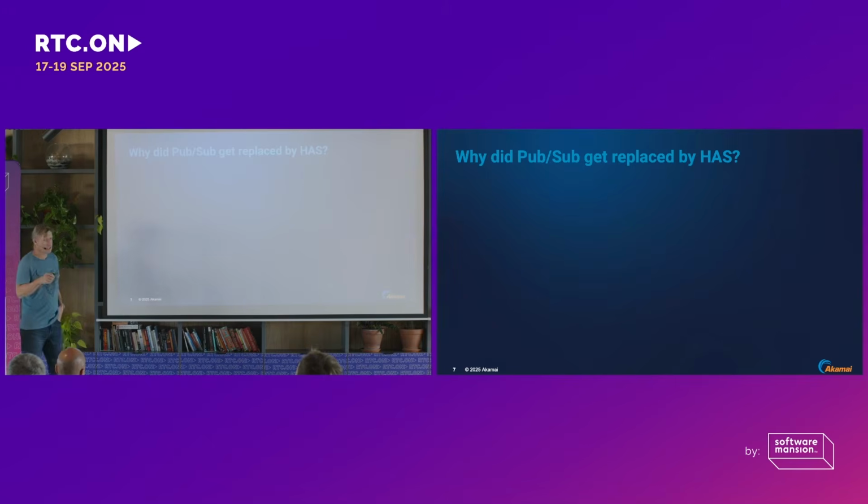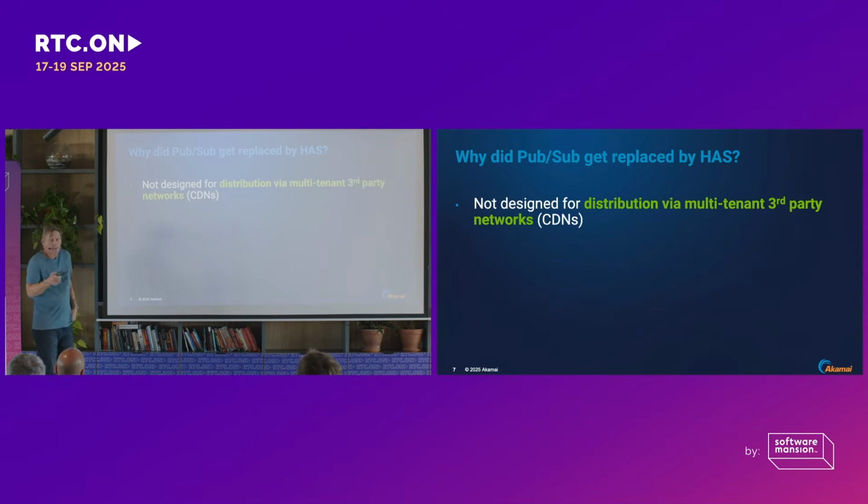This is basically a pub-sub network. Instead of asking for a little object every half a second or a second, I just want to ask for my video, and for the next hour, I want you to send it to me. So clearly, it's nice, but why hasn't it worked at scale?